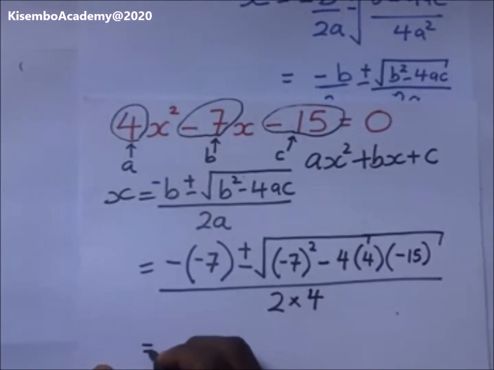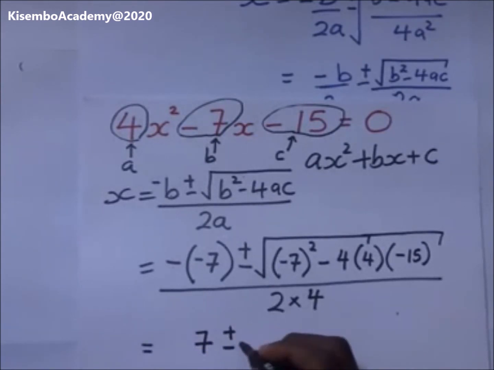So the rest is just arithmetic. So negative and negative gives us a positive 7, plus or minus